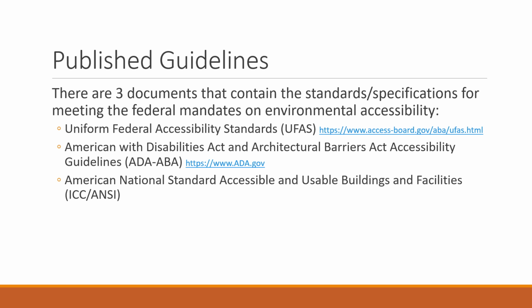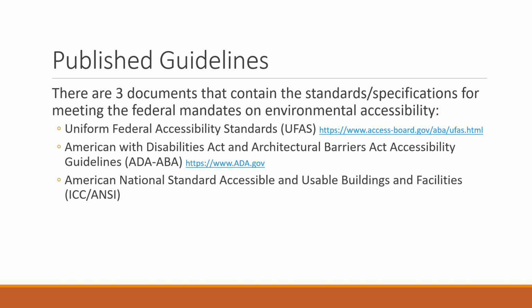There are three documents that contain the standards and specifications for meeting the federal mandates on environmental accessibility. The first one is the Uniform Federal Accessibility Standards, which are on the Access Board website. This website has quite a bit of information, including information about the Architectural Barriers Act and the Americans with Disabilities